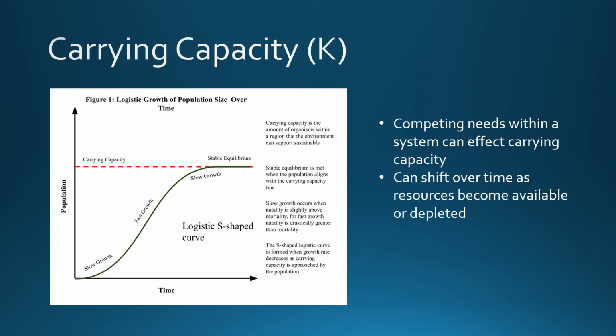And a lot of competing needs within a system can affect that carrying capacity. It can shift over time, there can be different resources available or depleted, and you can see that it's really a logistic S-shaped curve. So there's slow growth at the beginning, the growth rate decreases as carrying capacity is approached, and then fast growth, like the population is increasing over time, there are plenty of resources, but then you hit